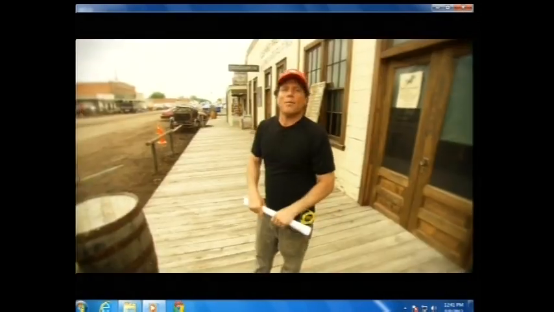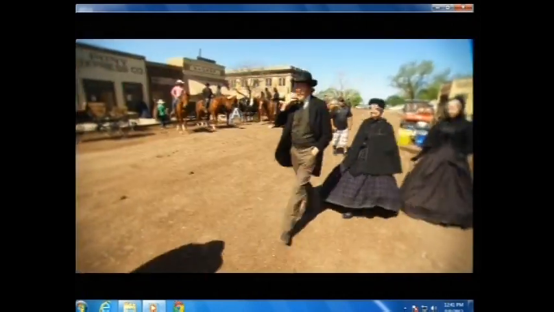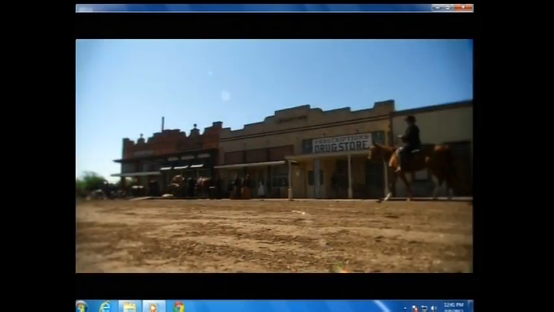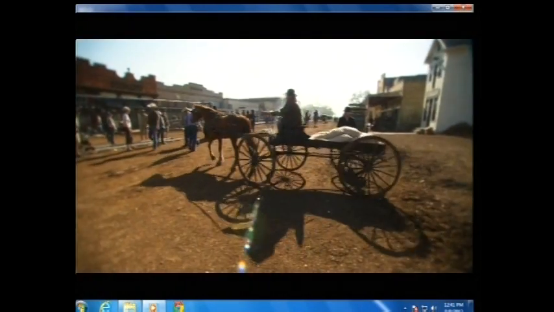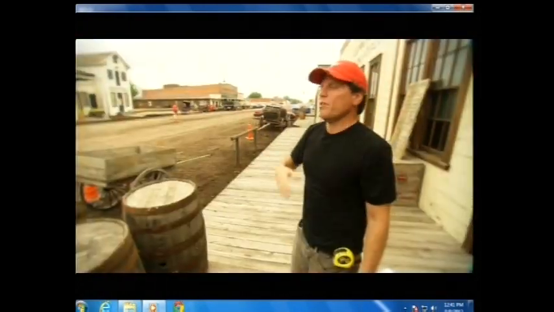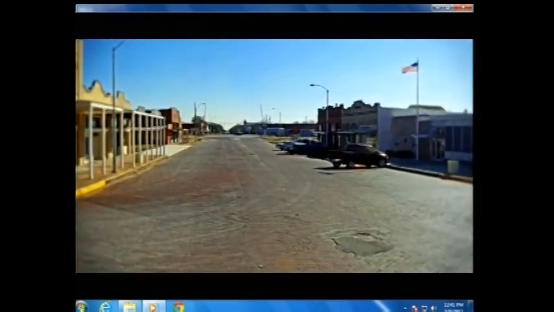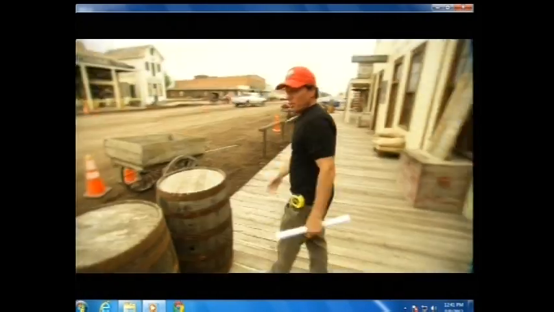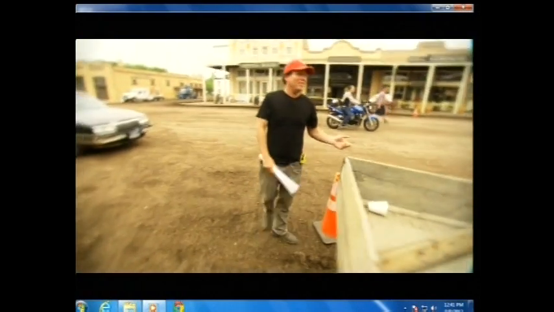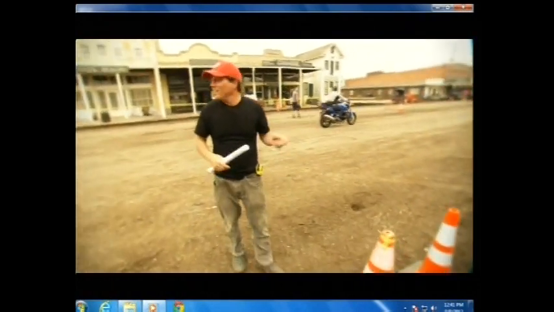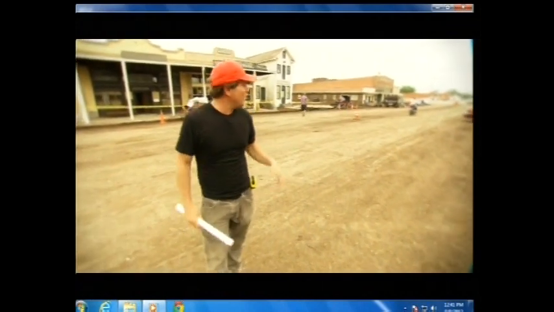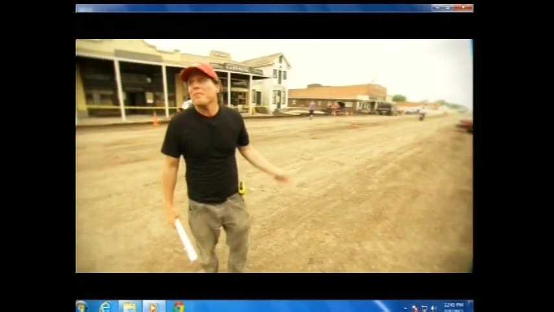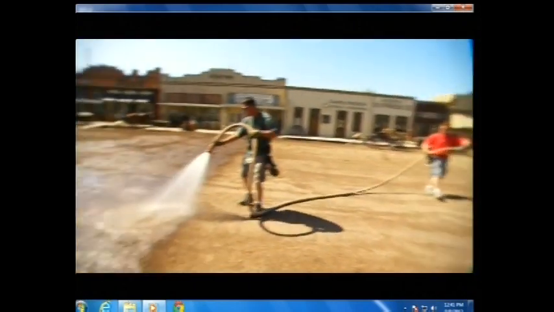The main thing that was important was to have a nice wide street. They had wide streets in those days so they could turn the wagons around. When they settled on building on both sides of the streets, all the streets were wide. This happened to have that. It was cobblestone, which we had to put dirt down on, and we're dealing with the rain, and it's muddy, it dries out, it's muddy, so it's starting to get packed down pretty nicely. And actually, I think it came out pretty damn good.